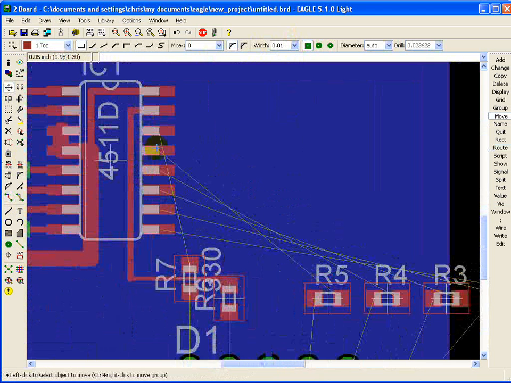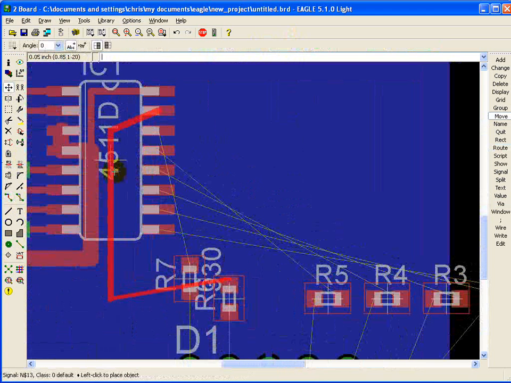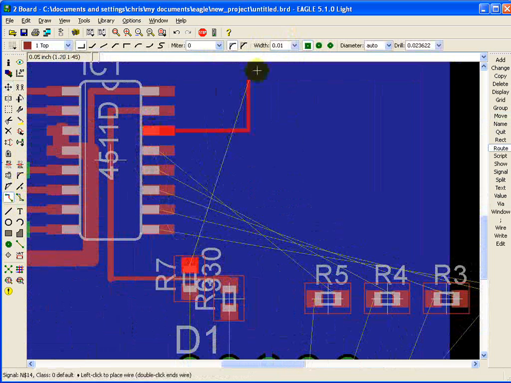But I didn't leave myself any space for that other trace to come out for the R7. Move that guy out a little bit. And come back in here, change my width back to 16 mils. Now if I had tried to go between those two pads with a 16 mil width, it would have complained because it's kind of hard to route those out when you actually go to